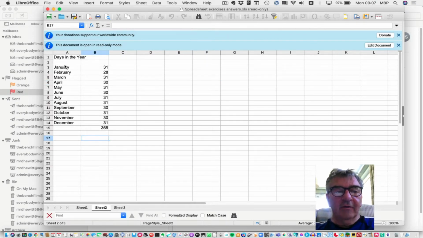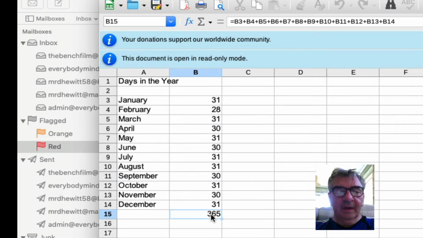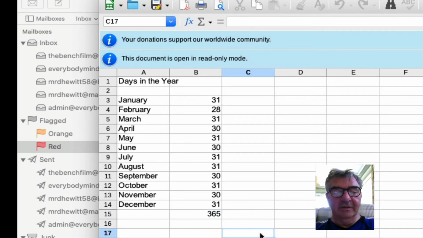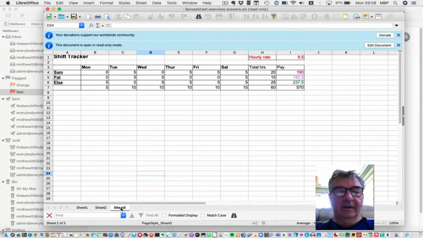And over here we've got the months of the year which you've typed in, and down here the days in each month, and right at the bottom we've got a formula which is B3 plus B4 plus B5 plus B6, etc. And that again is spot on, exactly what I asked you to do. And in the third sheet